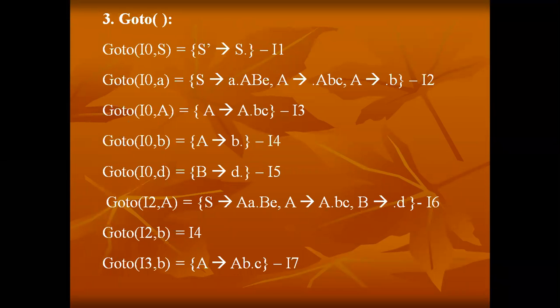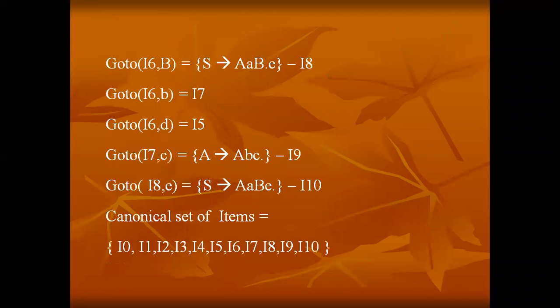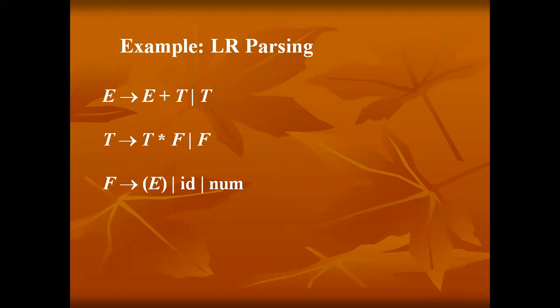How to construct the parsing table, I will explain in the next class. Before that, up to now, you understand step number 1, step number 2, and step number 3, right? And all of you make a note of this grammar. This is another example grammar. E tends to E plus T or T, T tends to T star F or F, F tends to open parenthesis E closed parenthesis, or ID or num. Make a note of this grammar and construct step number 1, step number 2, and step number 3.